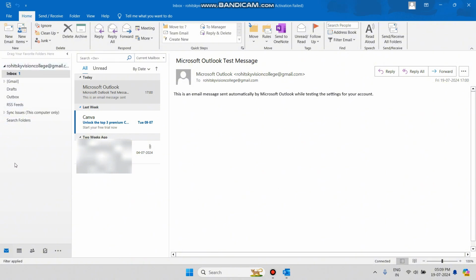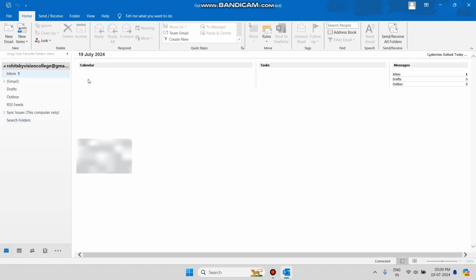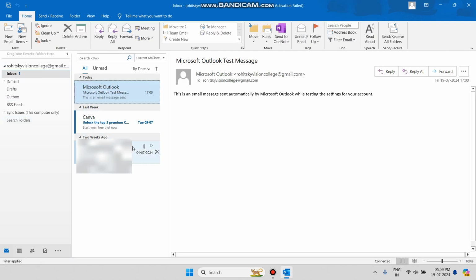First ID over here, second ID over here, third ID over here, fourth ID over here. And when they click on a particular ID, that particular mailbox will open, right? It means at a time he can handle multiple IDs with only one Outlook account. Okay, now let's